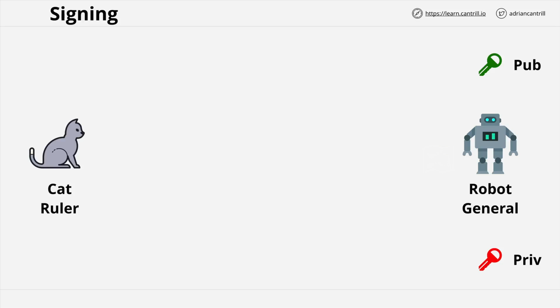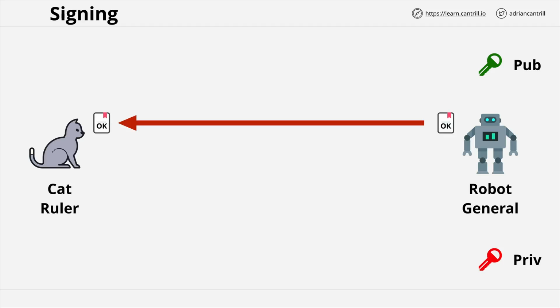Now, another process which uses asymmetric keys is signing. Let's review an example. The robot general wants to respond to the battle plans. So let's say that the robot general has received the battle plans from the cat ruler and he wants to confirm A, that he's received them, and also that he agrees to them. Remember that battle plans require both sides to operate as one, and so the cat ruler needs to know that the robot general has received the plans and that he agrees with them. The general might want to respond with a simple OK message, so we'll send a message saying OK to the